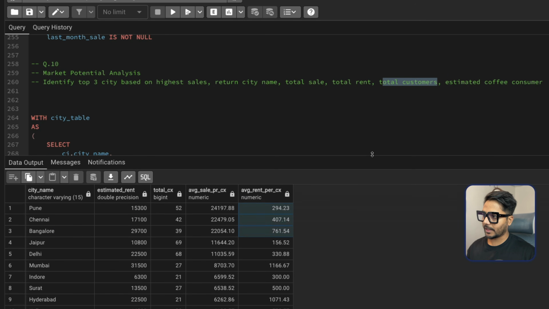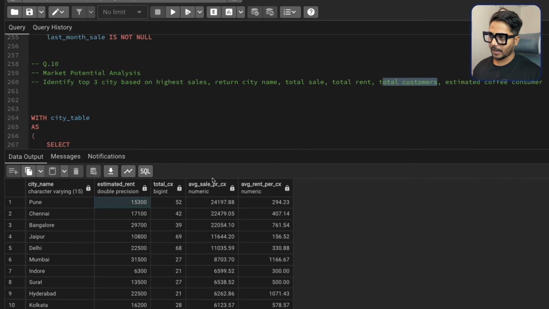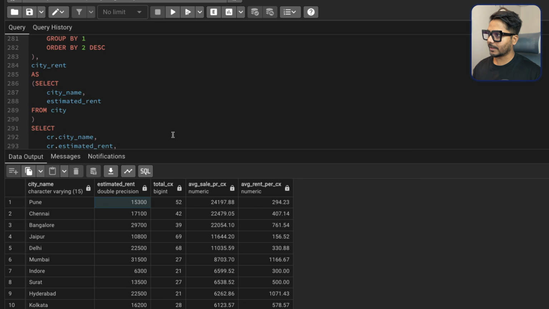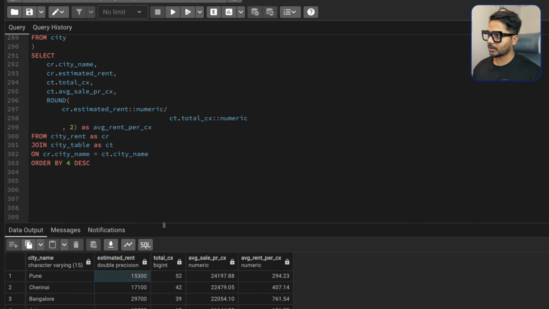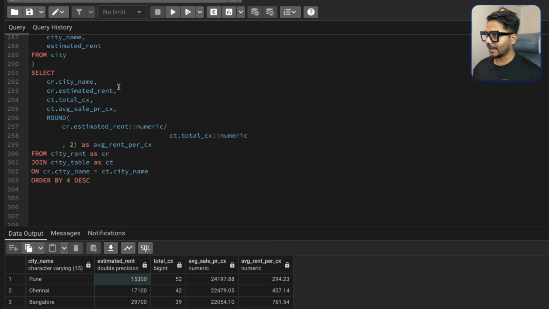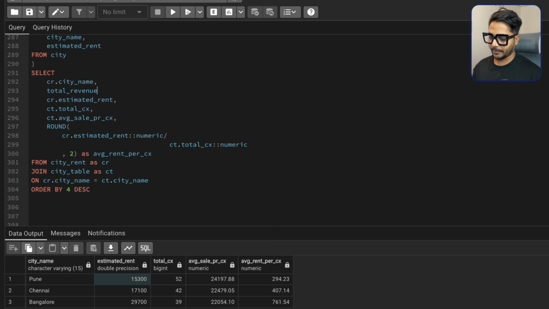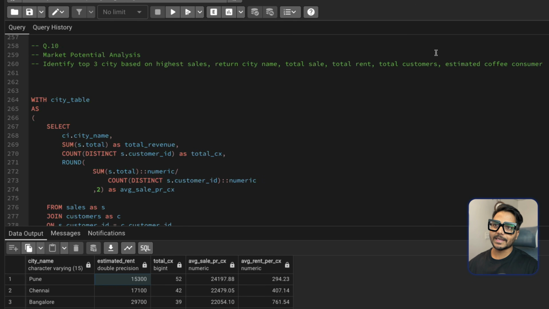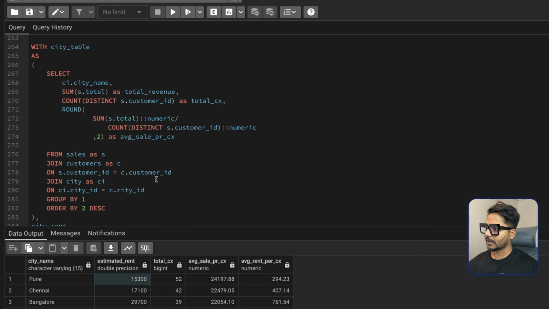So here we have the total rent and total sales, which we can get from the total revenue. So what I'm going to put here is the city, and then I need the total revenue, and then I need this estimated rent, which is our total rent. Basically I'm just going to call it total rent for now. Now we just need to get one more thing, which is called estimated coffee consumers,